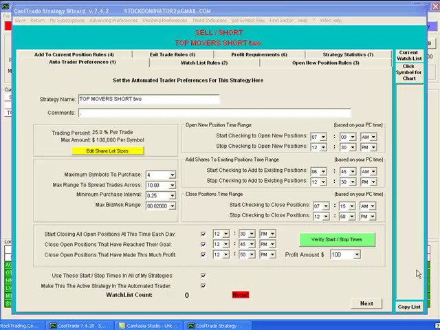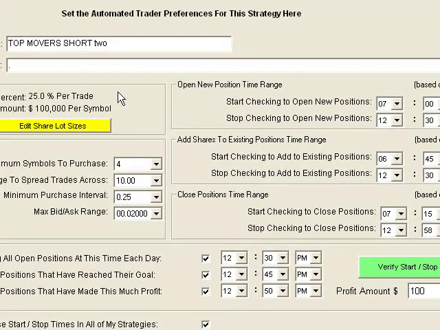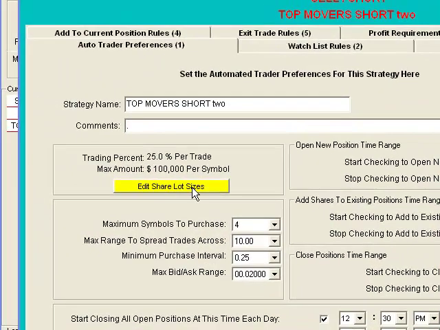So, for example, I'm going to show you the CoolTrade Strategy Wizard and just a few aspects of the auto trader itself, just for a few minutes here, and I'll show you just how in depth the auto trader is and how solid it is in developing a money management system as part of your trading strategy. So right now we're looking at one of my personal strategies,